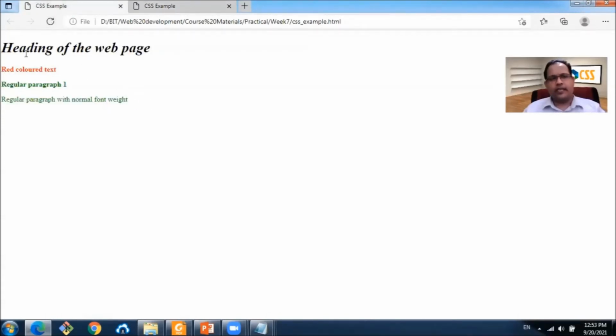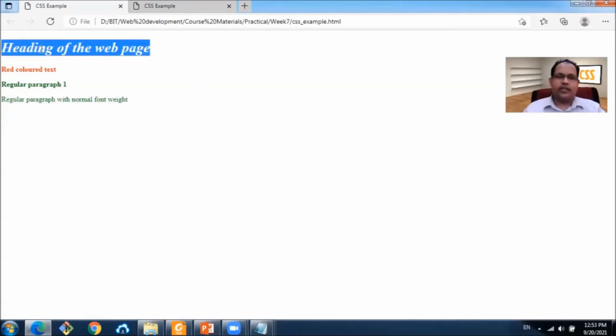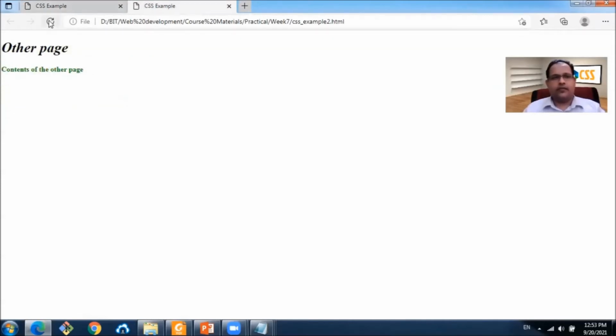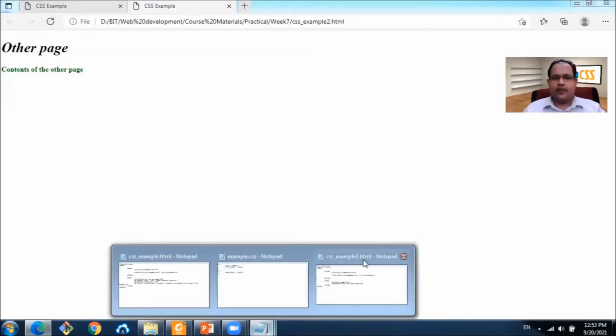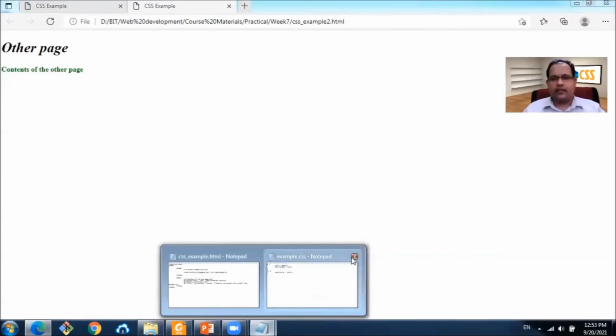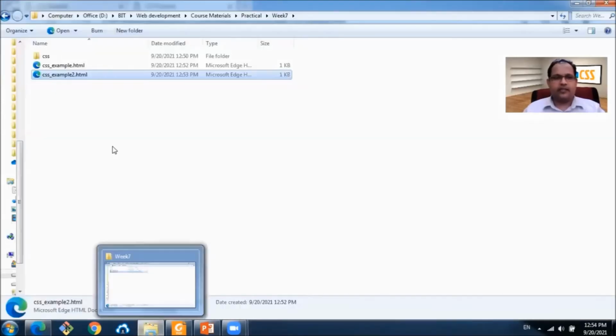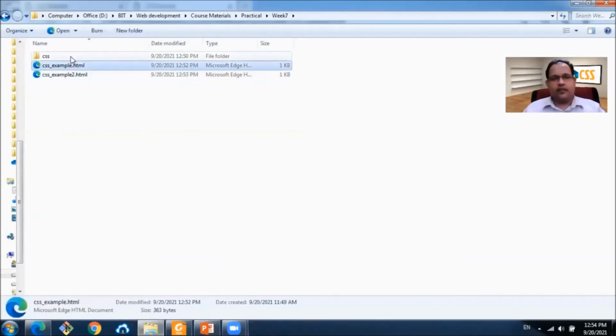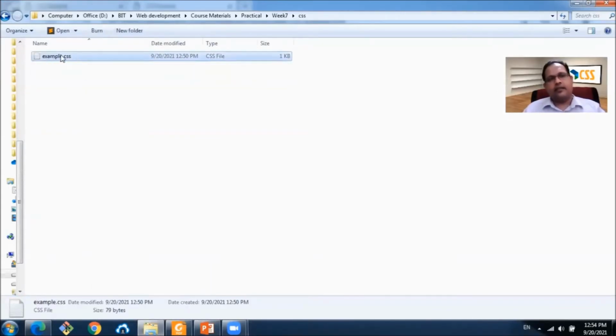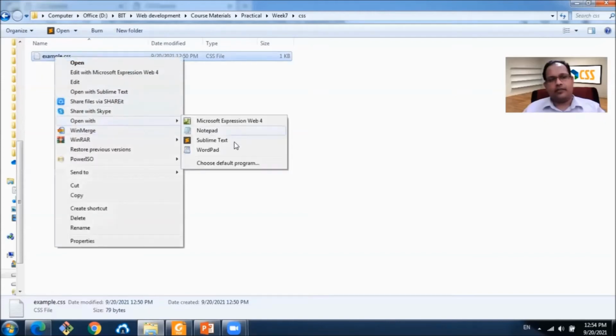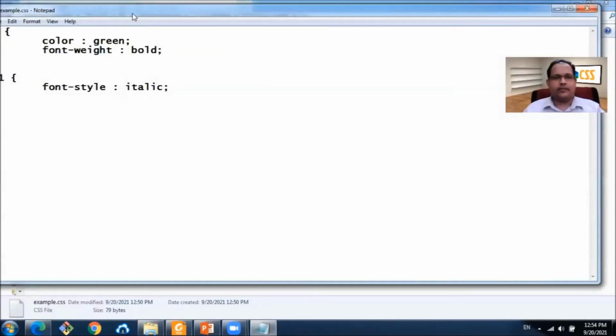So as we have discussed before, let's say we want to change the style of the heading. We don't want italic headers anymore. We just want regular headers. Now it's very simple. We don't have to edit these 2 pages. We only have to edit this example CSS page. Only one page.